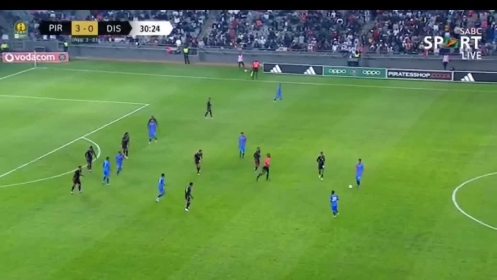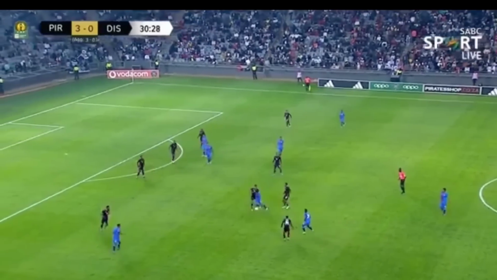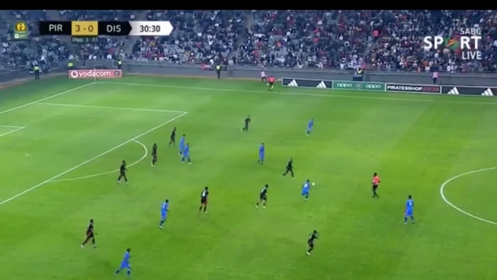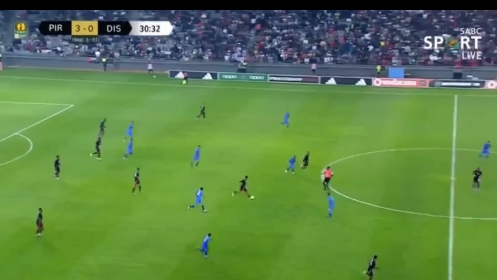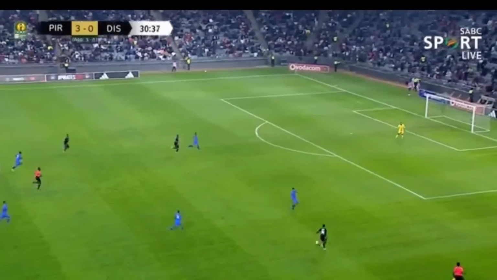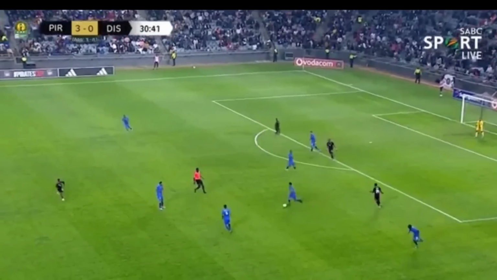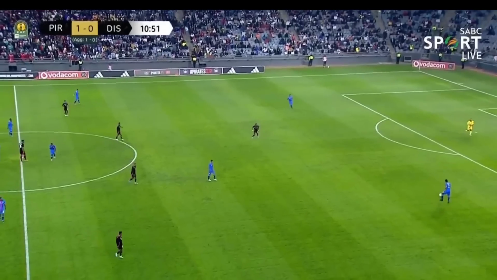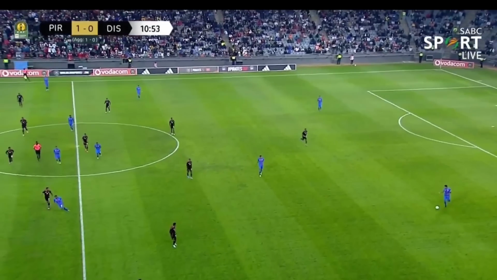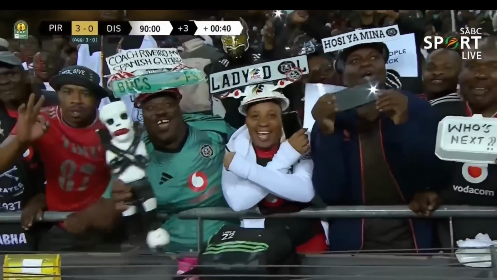And here, once again, look at how close they are. There are 4 people in midfield right there pressing. And that guy is now just caught between all the defenders. And Pirates easily win the ball. And now they can transition. This is how one of their goals happened, by the way. So if you continue looking at this, you see that Pirates are pressing cautiously, knowing very well that these teams might exploit our high press.